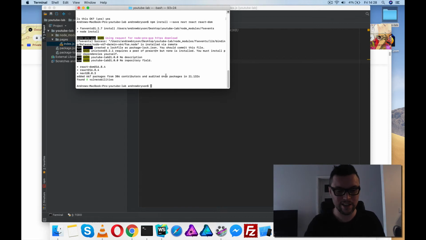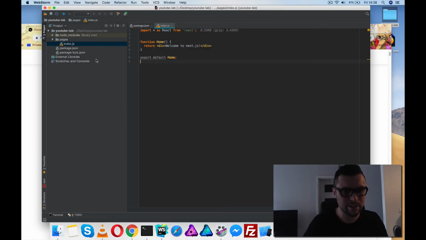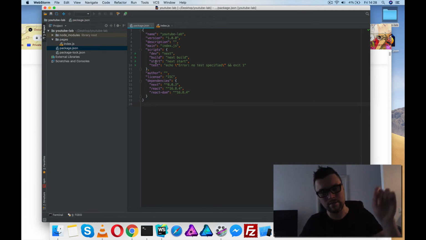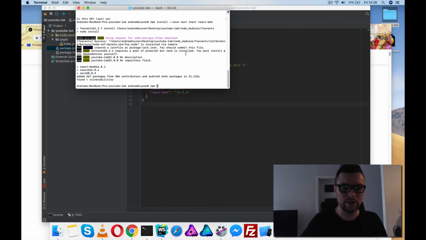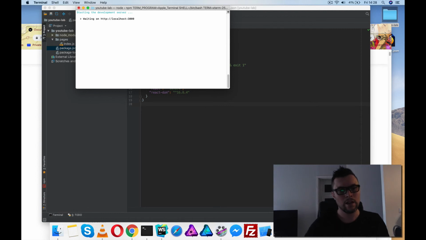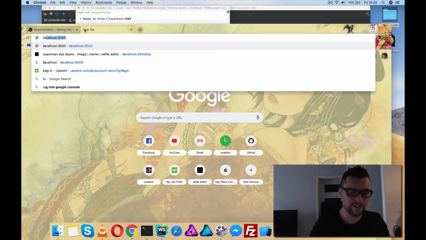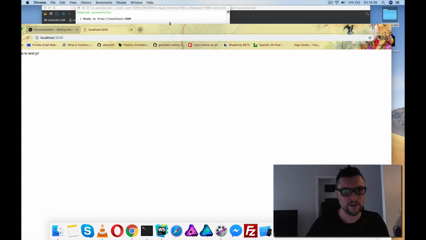So let's go npm. Oh, we need to see, let's just have a look at our scripts here. So to run these scripts, you just write npm run and then whatever it is. So in this case, we'll write npm run dev. And look how fast it is to build this thing. It's already completed. It's absolutely amazing. Very fast. Okay, and it's on localhost 3000, so you just go on your machine, search for localhost 3000,